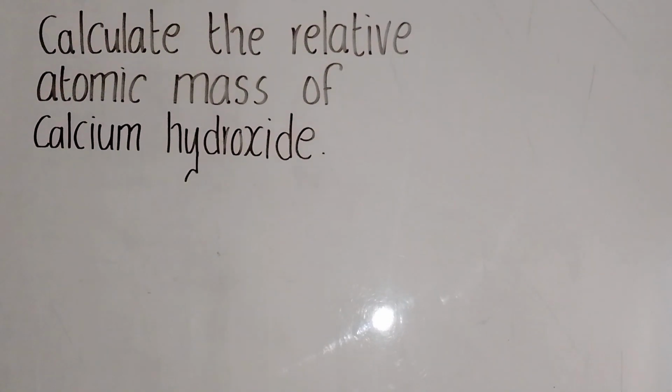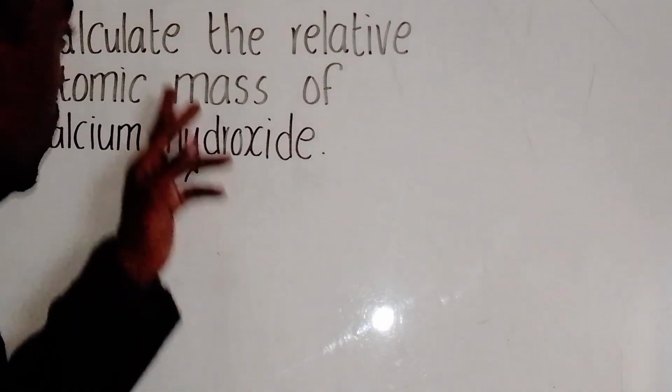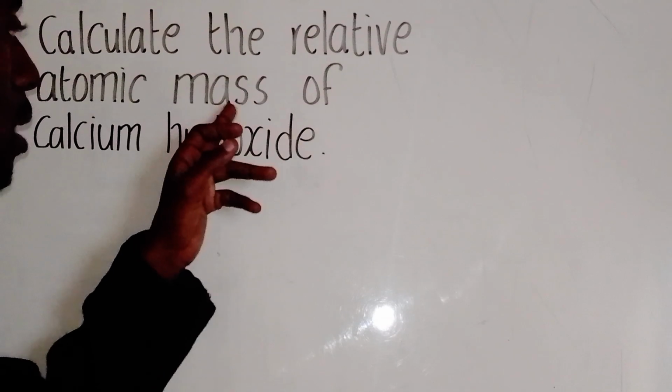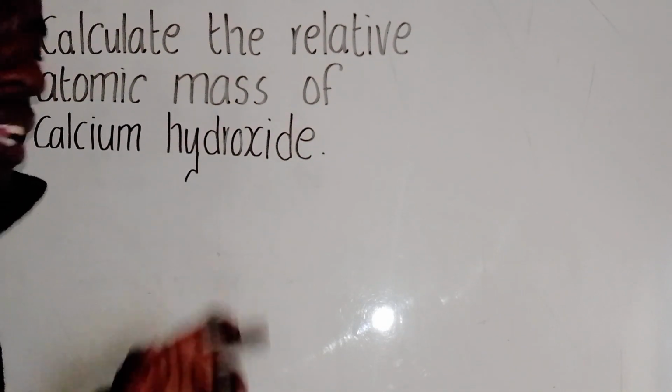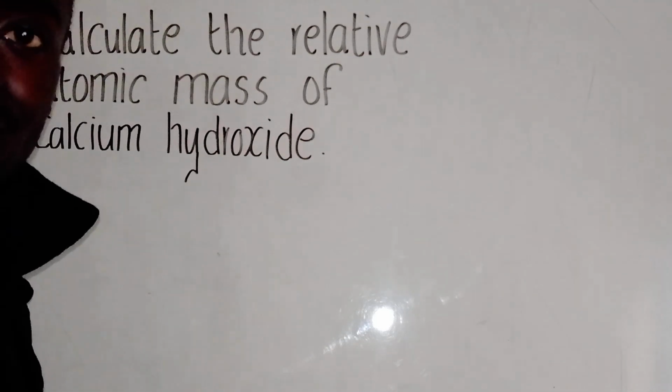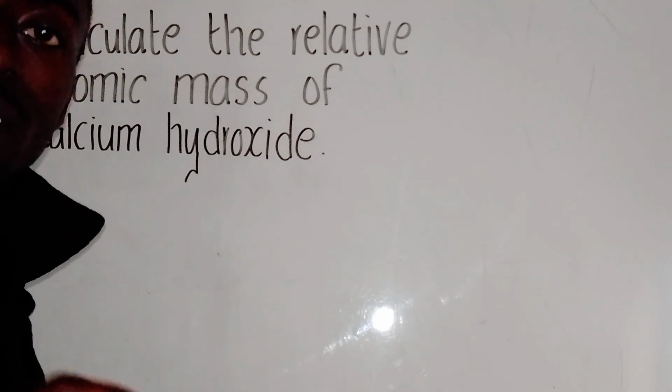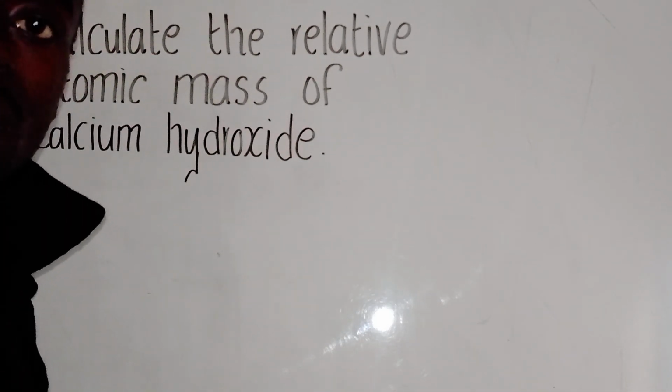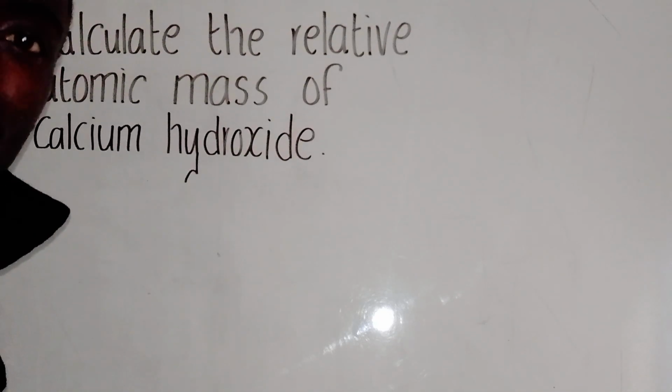Okay, so we have a chemistry question that says calculate the relative atomic mass of calcium hydroxide. Now, you need to understand that when you talk about the relative atomic mass, it is just the average mass of the given substance. So now, the first step here, what you do is you need to write the chemical